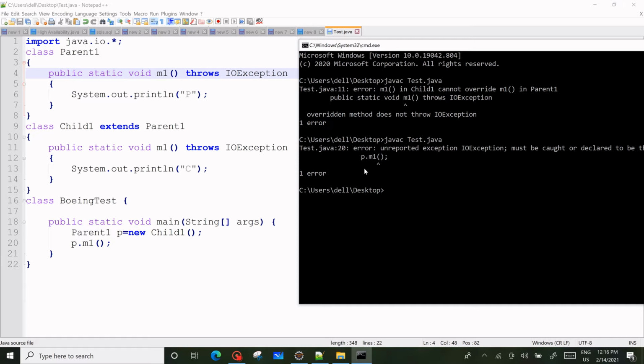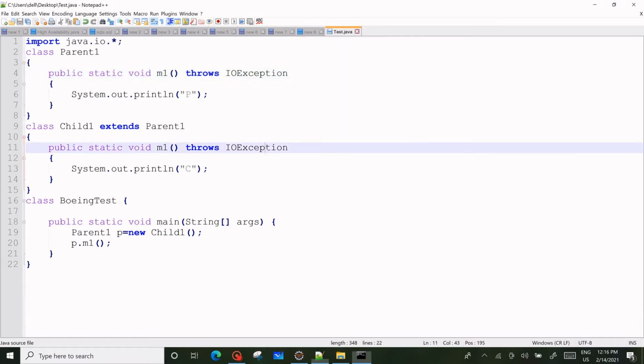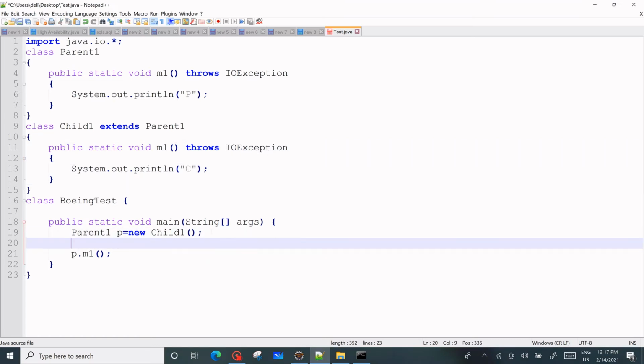We have not handled the exception, but we have thrown the IOException, at the time of declaration both in the parent and the child. So how will we handle it? Using try catch.